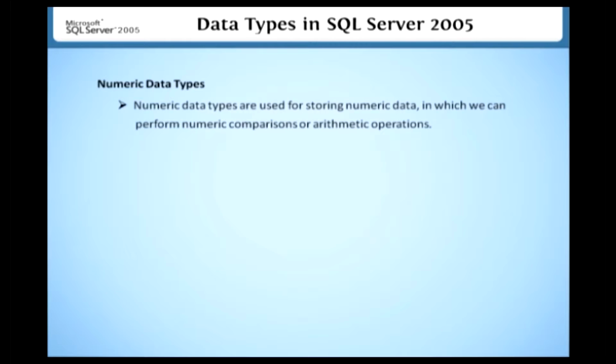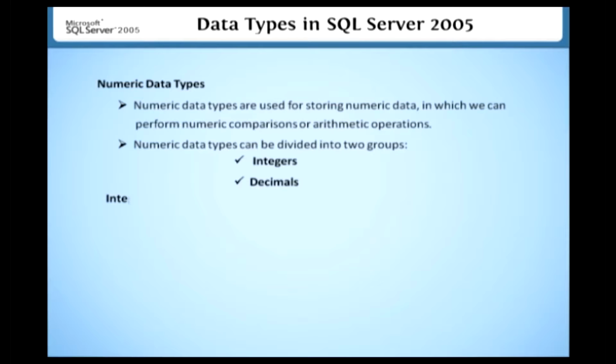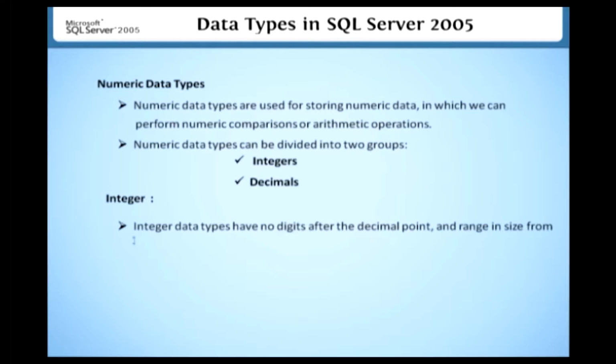Numeric data types. Numeric data types are used for storing numeric data, in which we can perform numeric comparisons or arithmetic operations. Numeric data types can be divided into 2 groups, integers and decimals. Integer data types. Integer data types have no digits after the decimal point and range in size from 1 to 8 bytes of internal storage. In SQL Server 2005, integer data types include